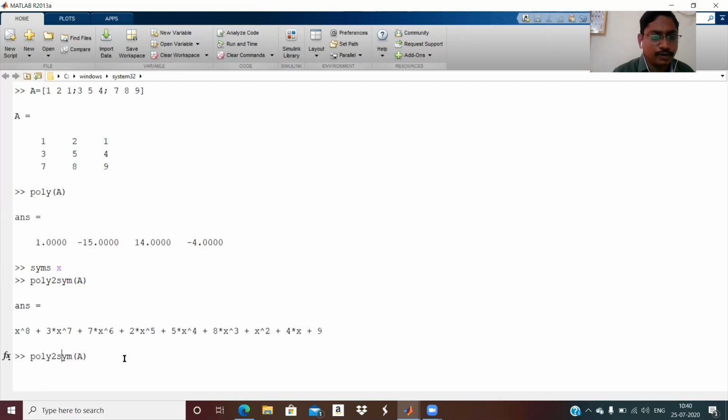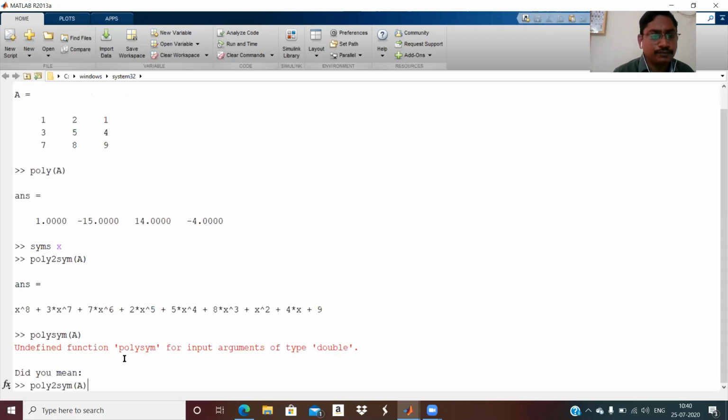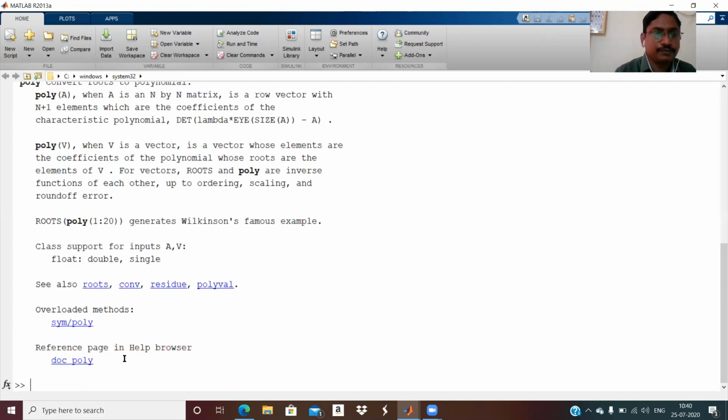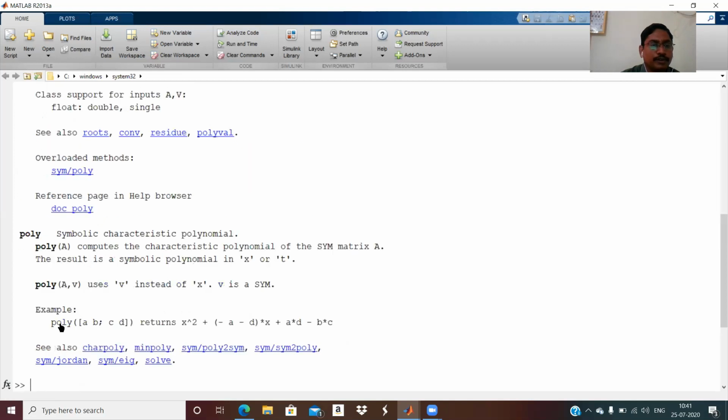This should not be an 8 degree polynomial. Okay, we'll first find out through the help command, and just go to sym poly.